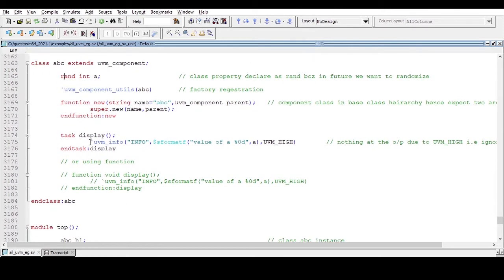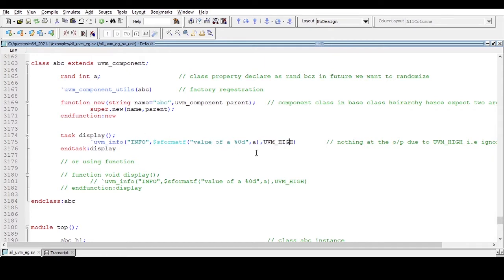Now I have declared a very simple task display, which is just displaying the message, and in that I have declared `uvm_info. Within parentheses, this is the ID, and then $sformatf, within parentheses the value of a, this property, and I have declared UVM_HIGH.